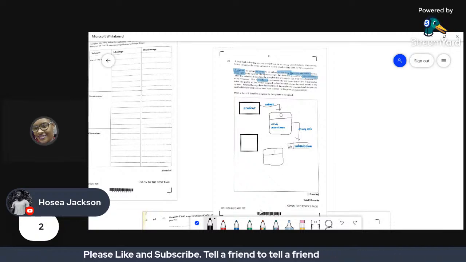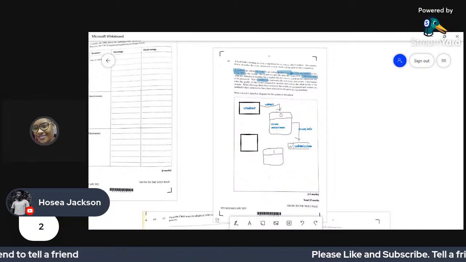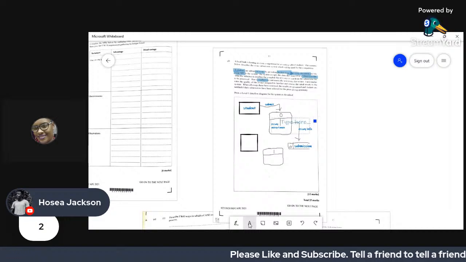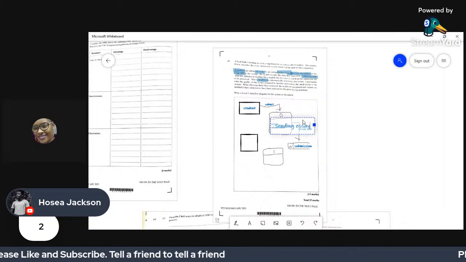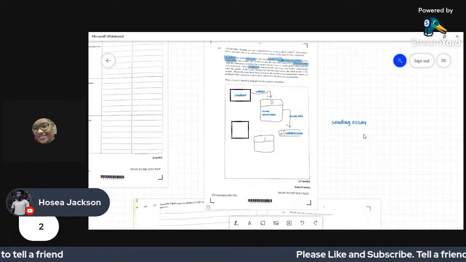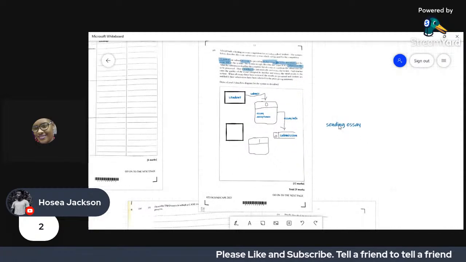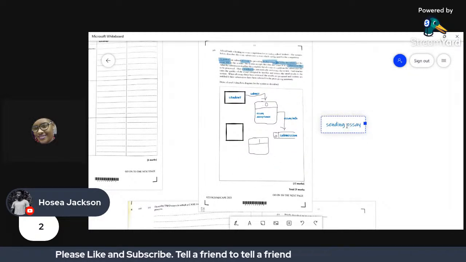All right, so our second process here, and we're going to look at the sending of essays. Or we could have essay sending, whichever one.